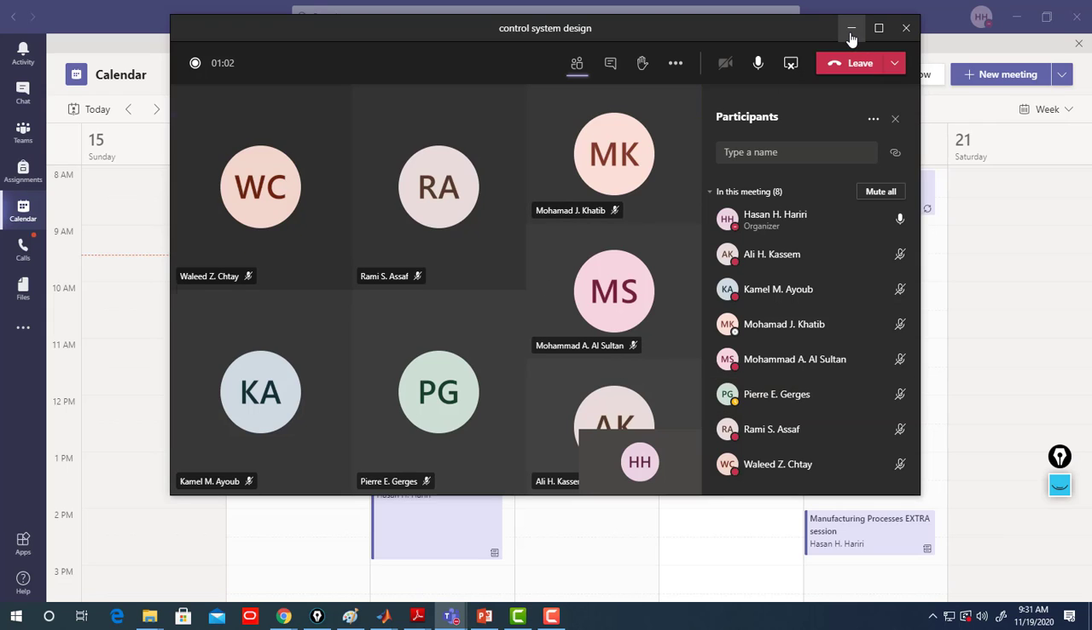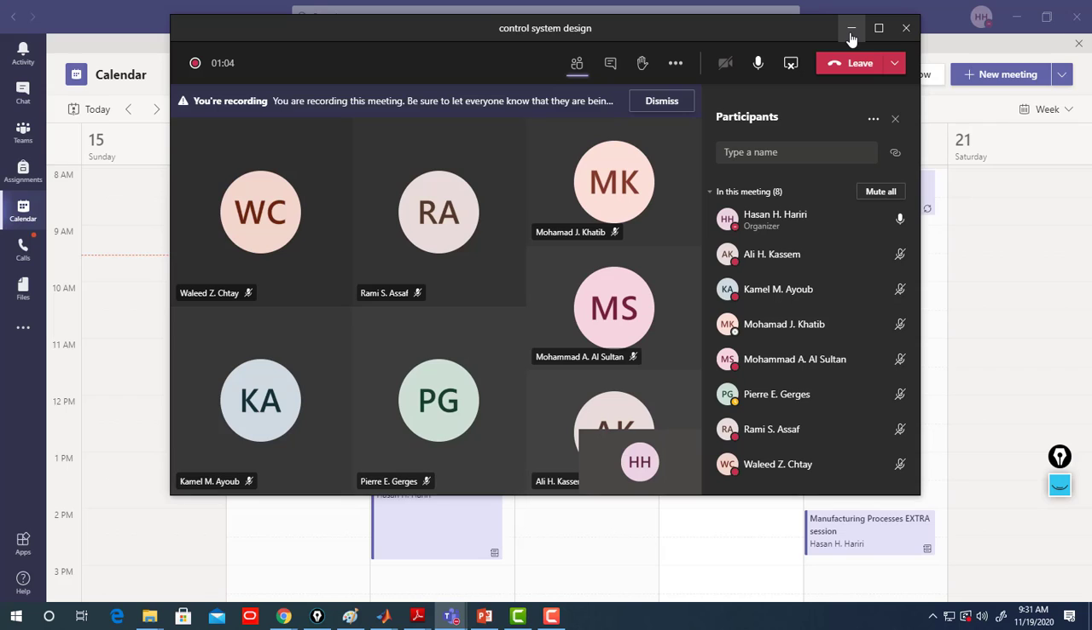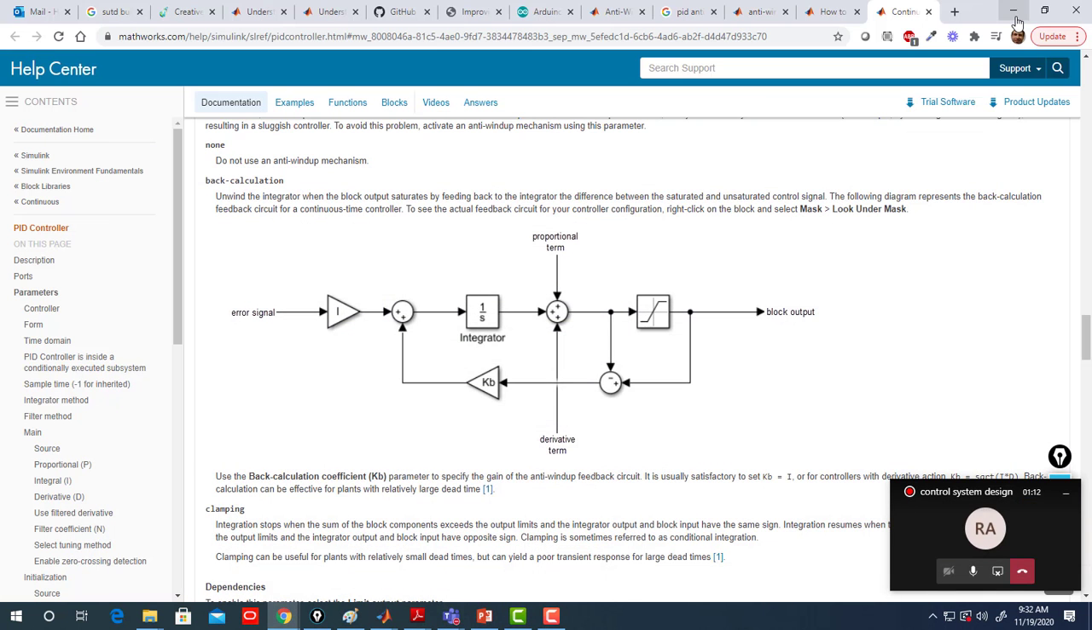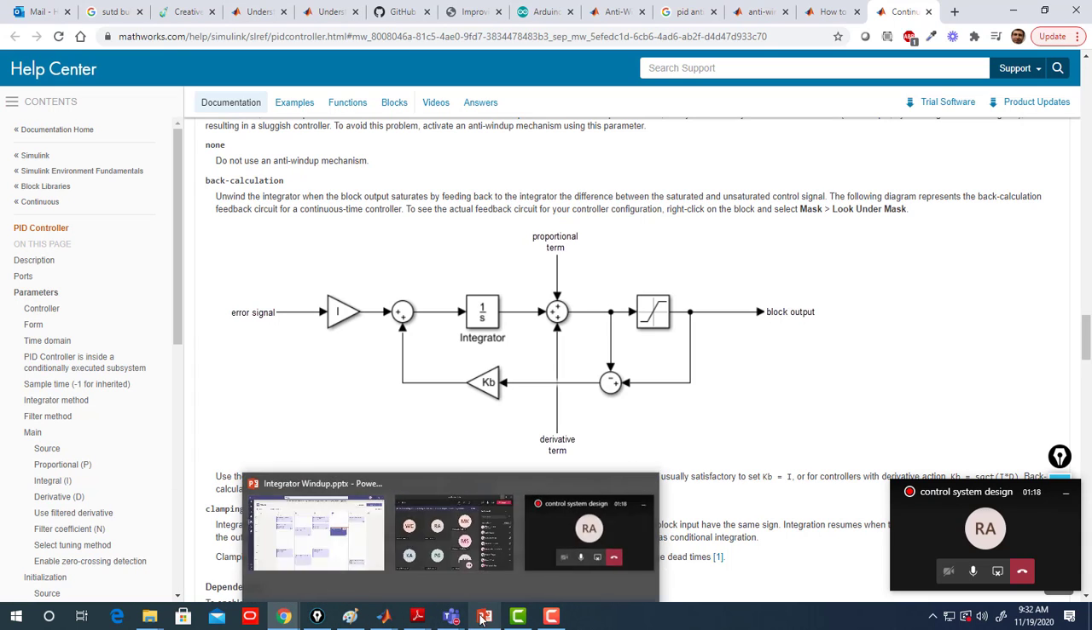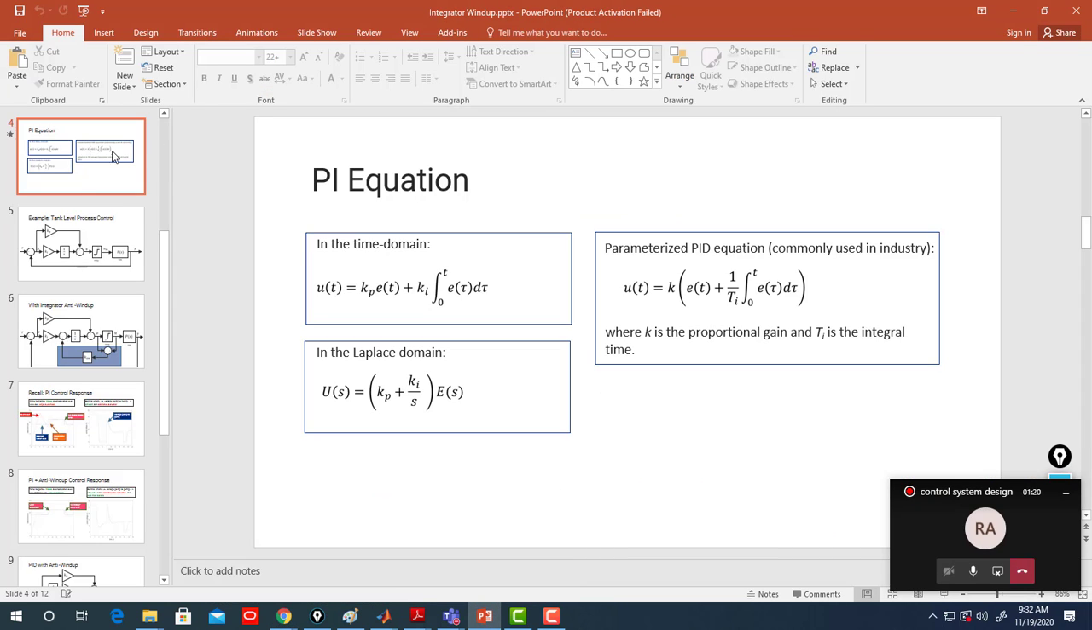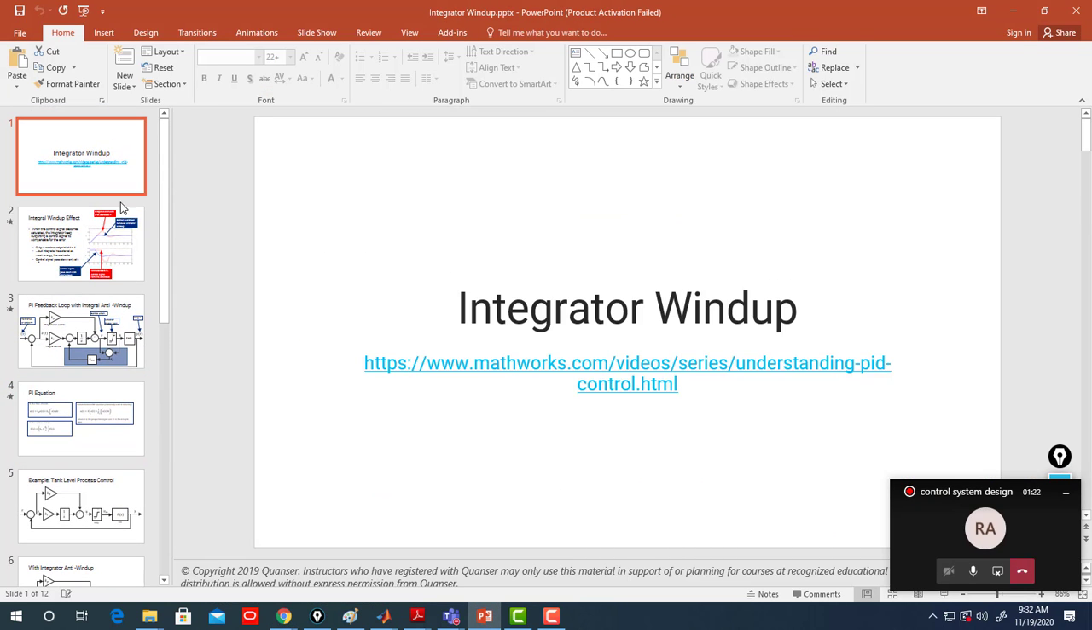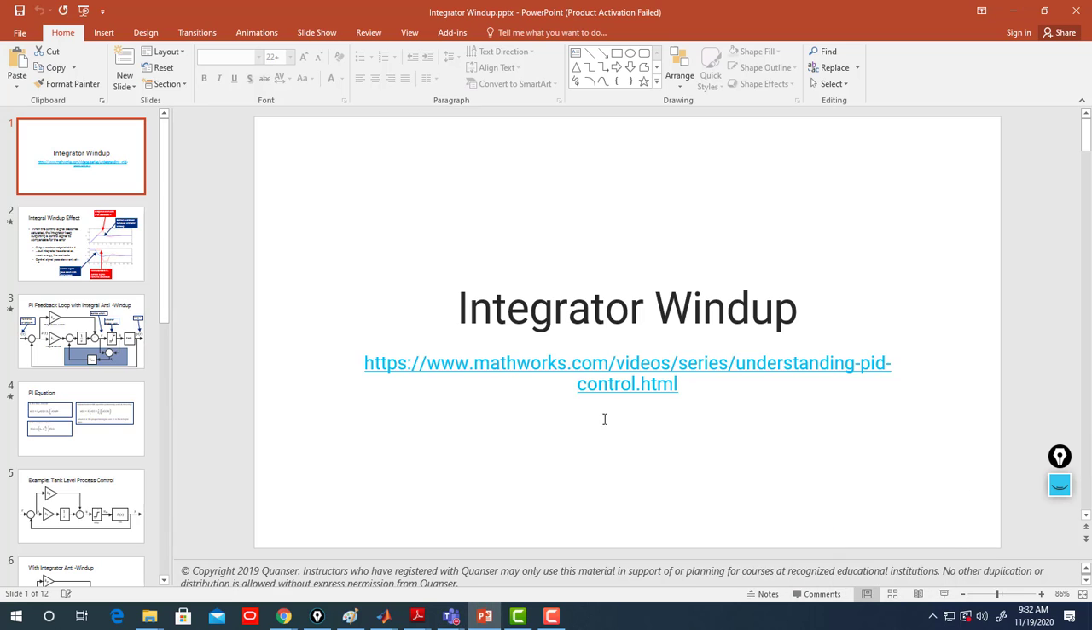Okay, today we want to talk about some negative effects for the integrator. What type of negative effect can we see for the integrator? So this is called integrator windup. Alright, so before that, what is the main negative effect for